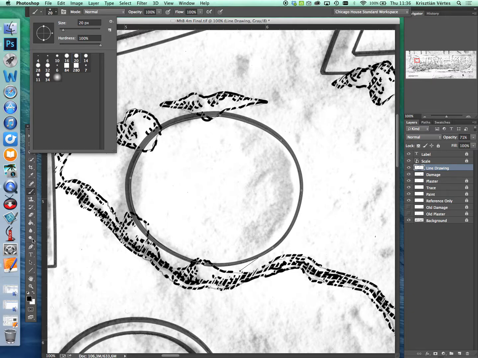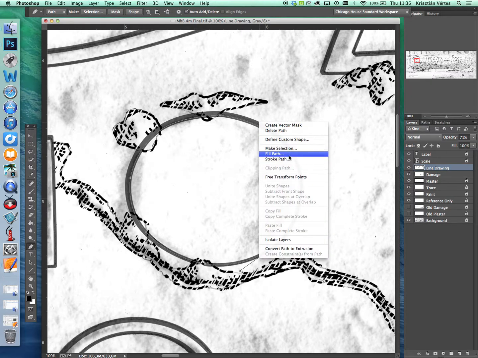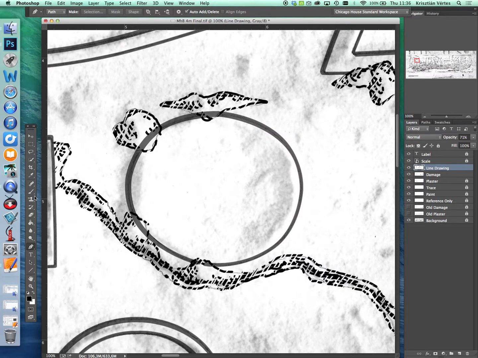Once this is done, all you have to do again is go back to the pen tool, right click, delete your path, and then go to the eraser and erase the parts that we don't need. And don't ever forget to change the opacity back to 100 once you've finished drawing your